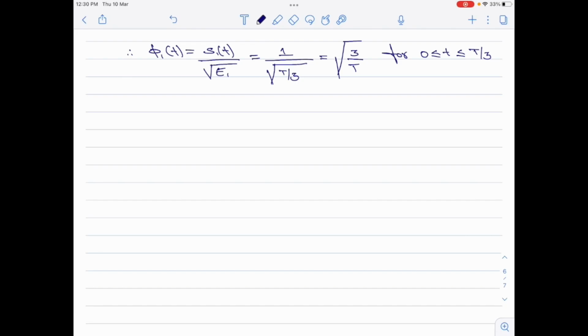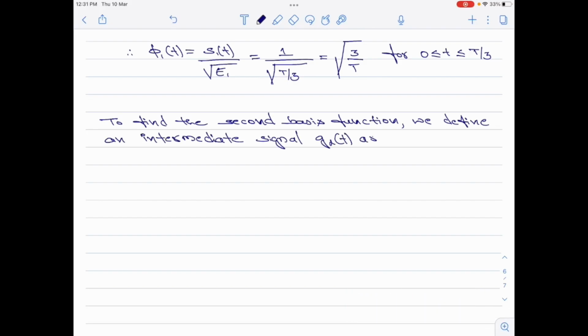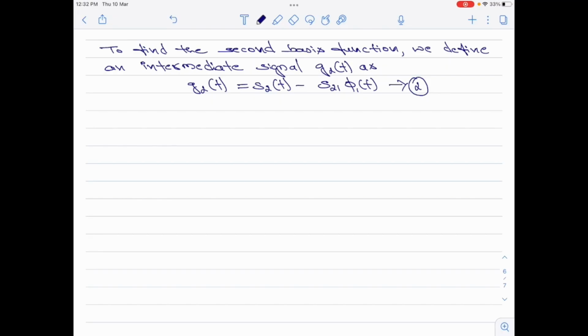Let us now move on to find the second basis function. To find the second basis function, we define an intermediary signal g2 of t as g2 of t is equal to s2 of t minus s21 into phi 1 of t. Let this be equation 2. With such a definition for g2 of t, we can now define the second basis function as